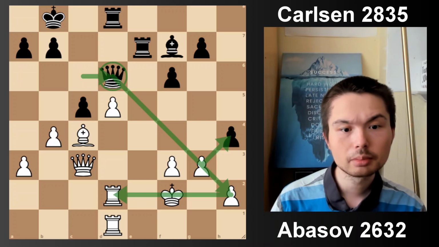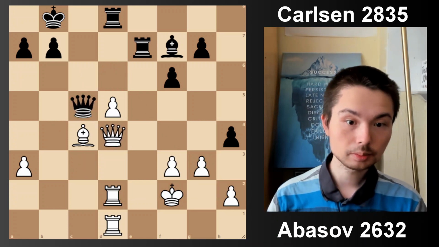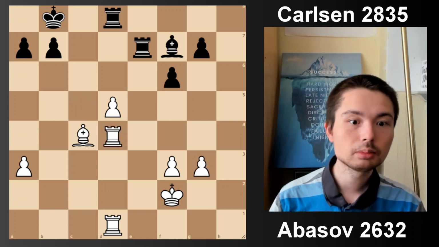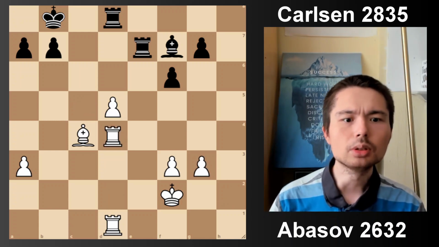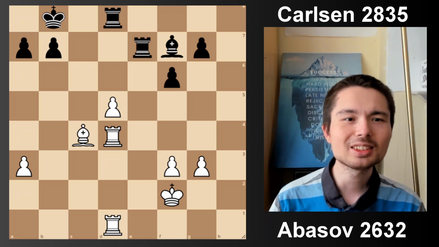But white has to win. Open up the center. Defend. Check. Take. How can you win this against Magnus? Rooks each, bishop each. But there's an absolutely brilliant combination coming up, which I should have said earlier, because then